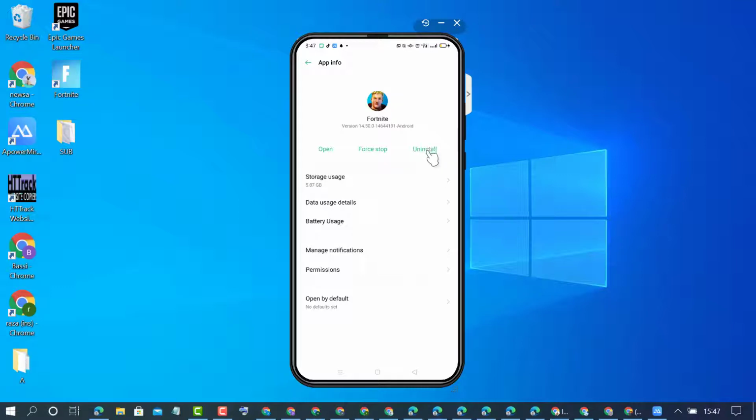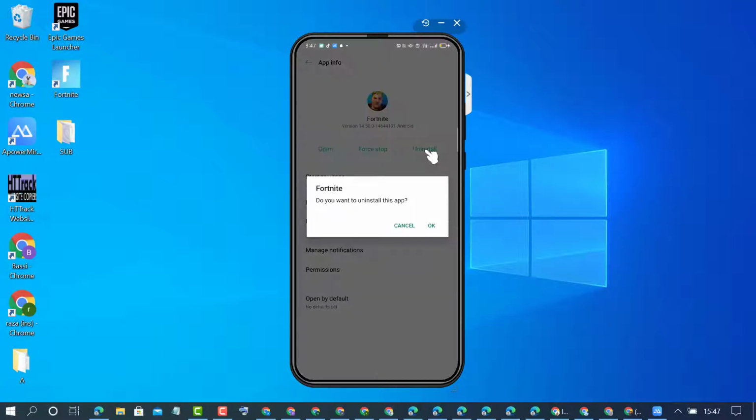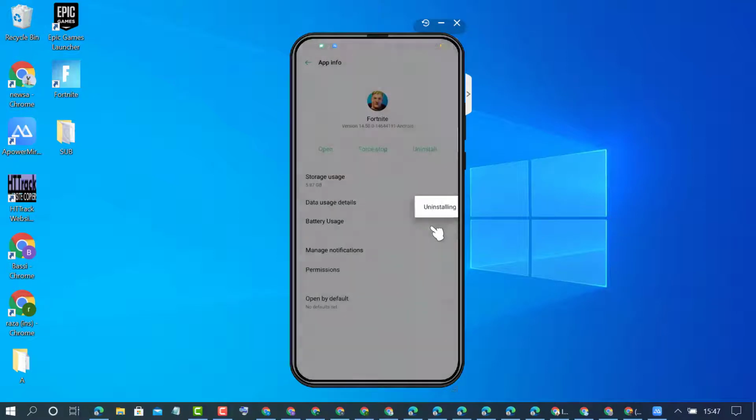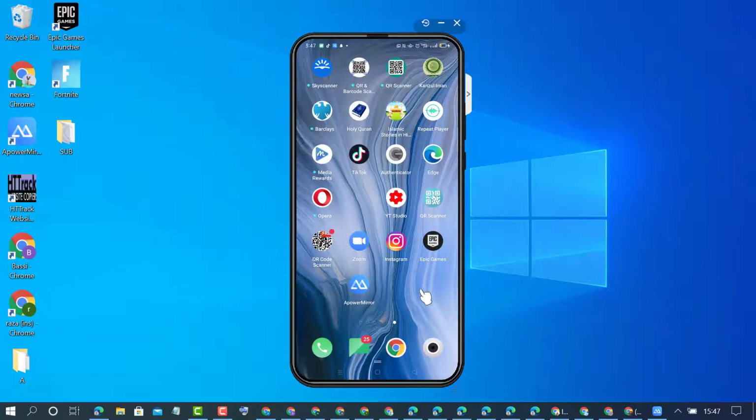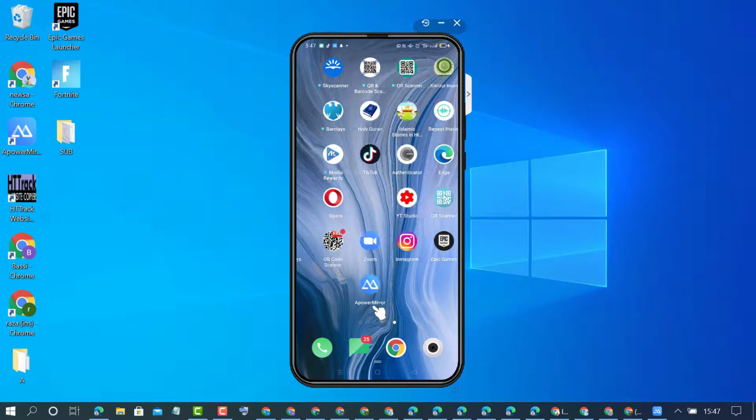Now you will see the option uninstall. So just click on uninstall. If you are sure, click on OK to uninstall. Now that game will be uninstalled. And another option,